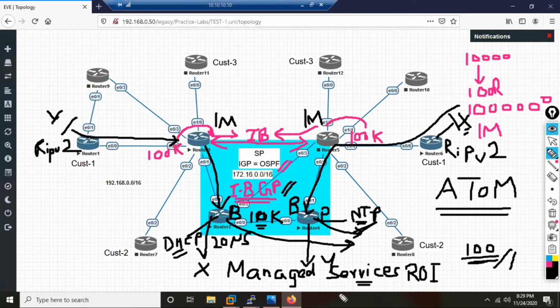Some companies say you don't need to have technical engineers to do your DHCP or your NTP. We can provide you NTP services and DHCP services for your applications. Maybe of 10,000 customers, not all will agree. But imagine I take only 1% of 10,000, which is maybe 100, right?